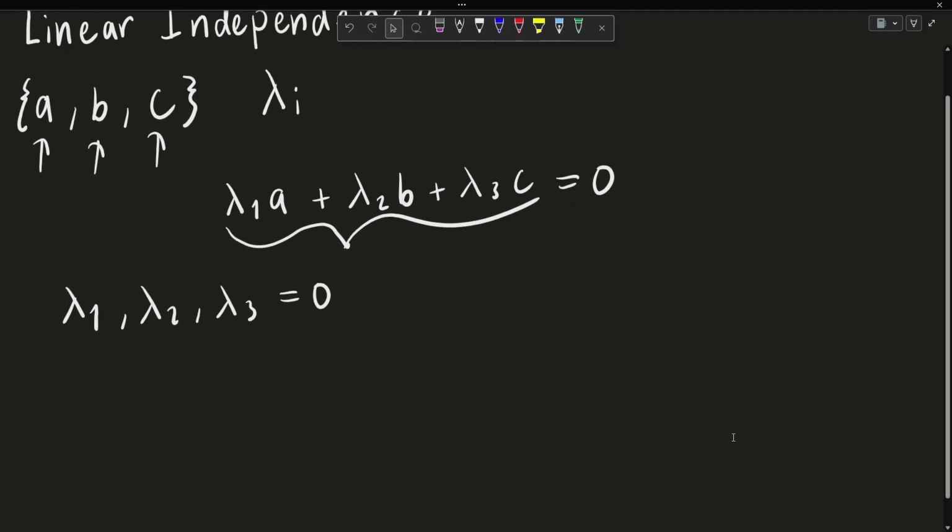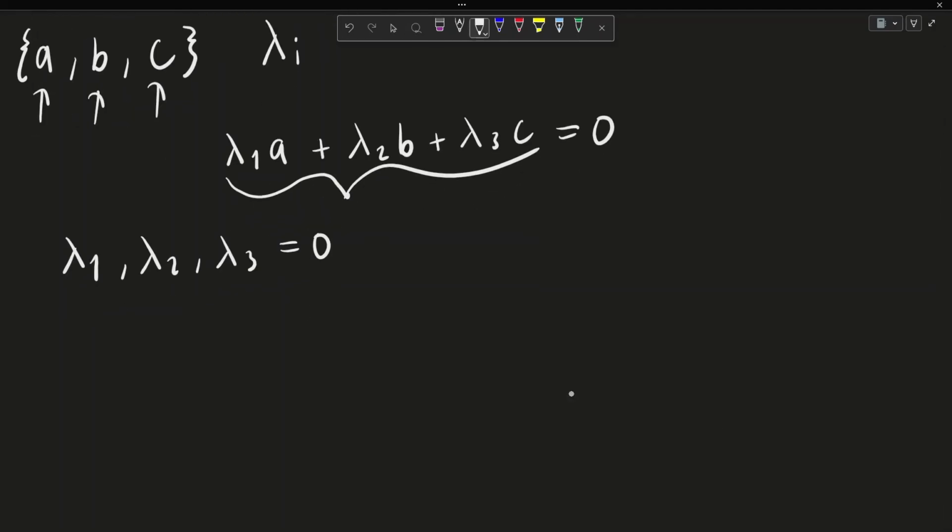So what does this mean? This means that the only way to combine A, B, and C together to go back to the origin is if we multiply all of them by 0. And so geometrically, how do we interpret this? Let's say in 3 dimensions,